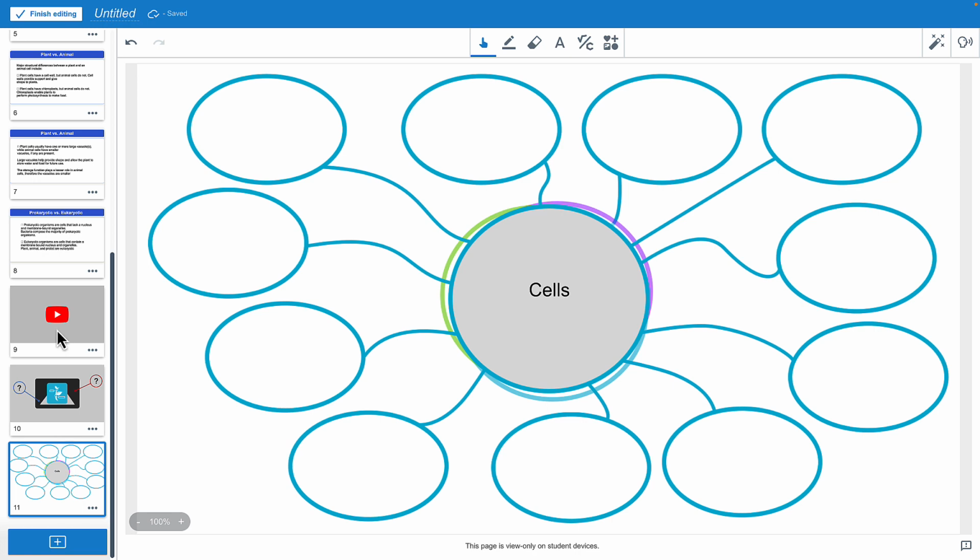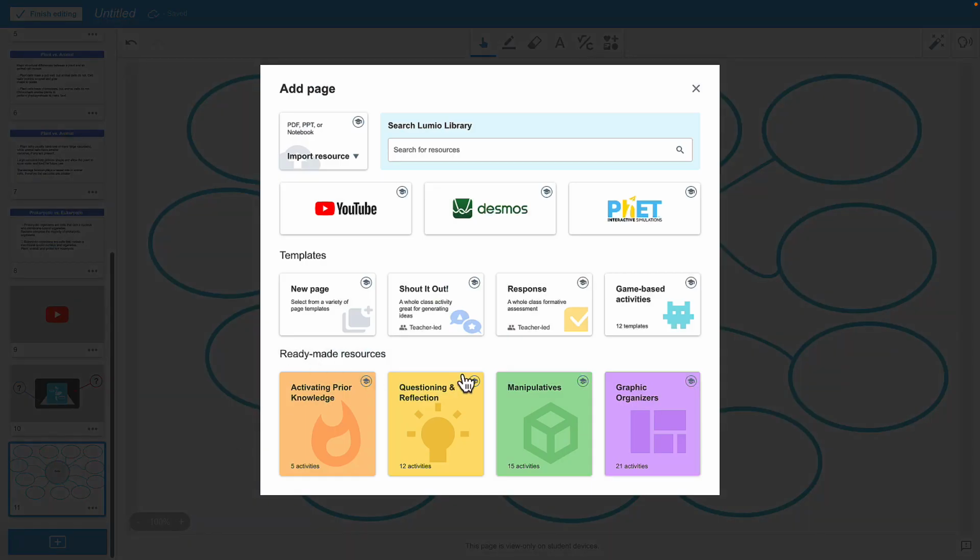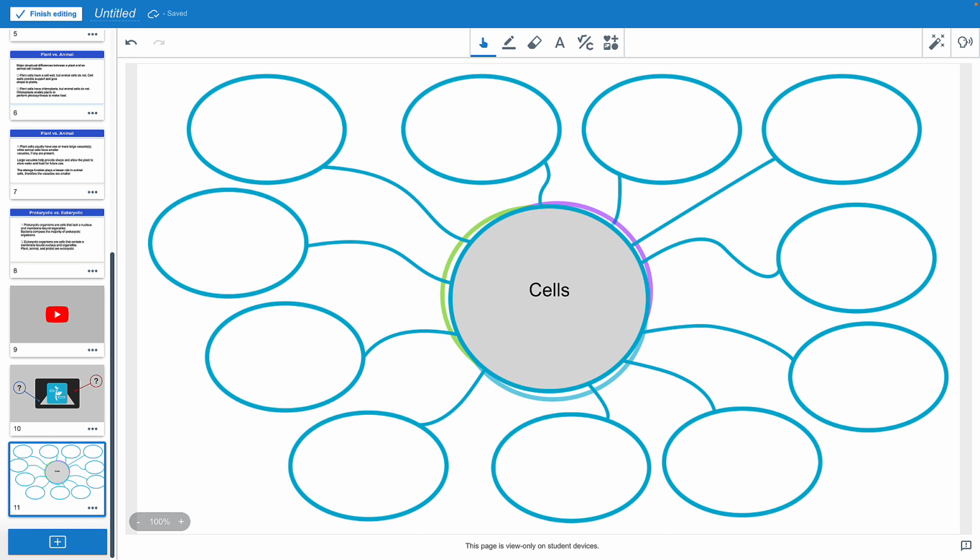So that means you would add some more games or manipulatives or some type of activity for the students to do. You can also add some more information, some more pages for them. There's some cool activities within PhET and Desmos if you are teaching something that's science or math related. Those will help you out. So look through the resources, and once you're done completing your 15 slides for your project,